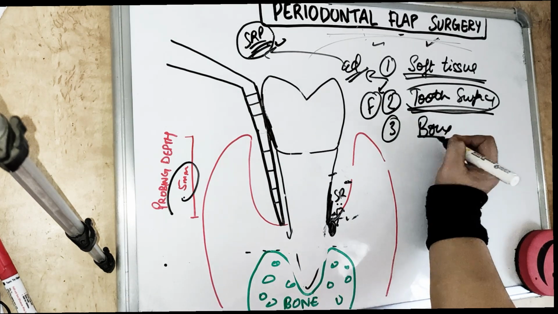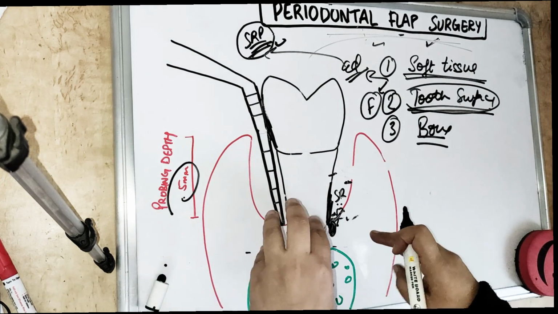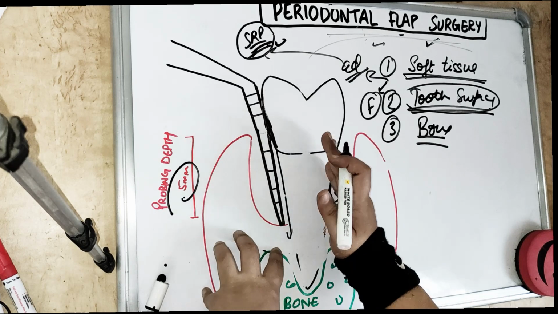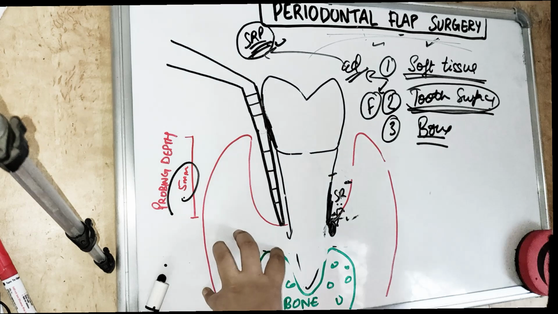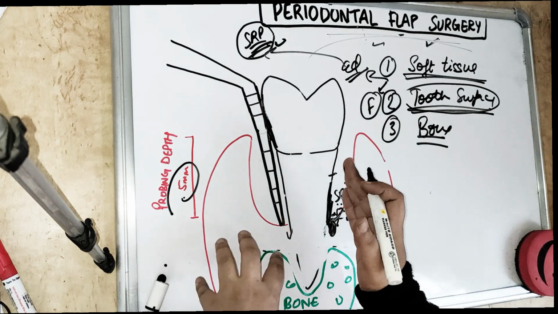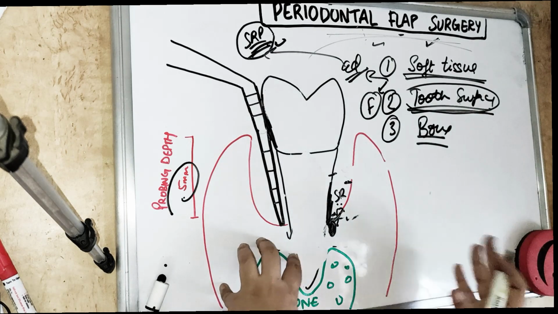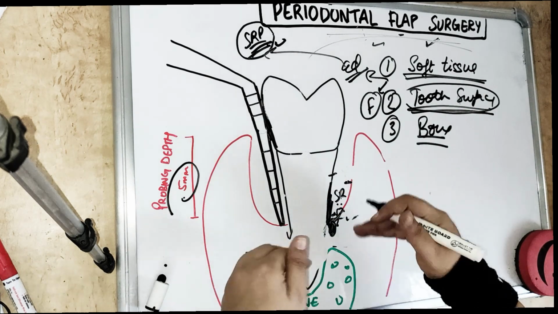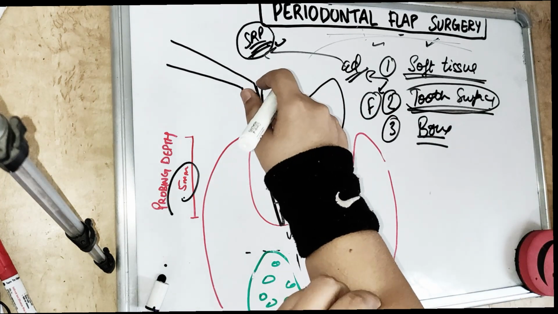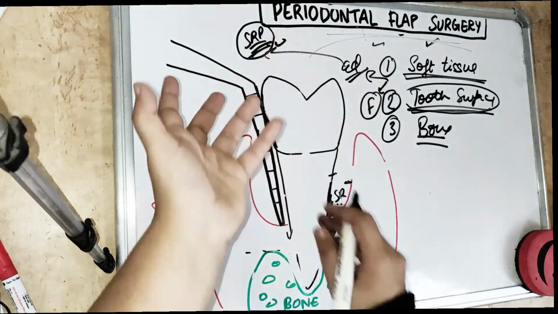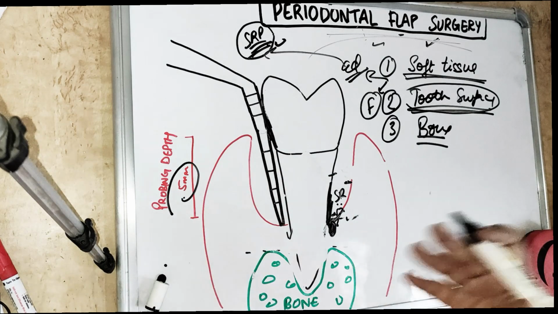The third thing is the bone. For the underlying bone, if you are doing any surgery of the bone, the first thing is you need to remove the flap. For bone, you need to raise a full thickness flap, which we will cover in the classification. So while you are doing any surgery for the bone, first you need to remove the flap in order to access the bone, right? Soft tissue is there, so if you want to go to the bone, first you have to remove all of the soft tissue. Same goes for the teeth also, because you need to remove the gums to access the bone.